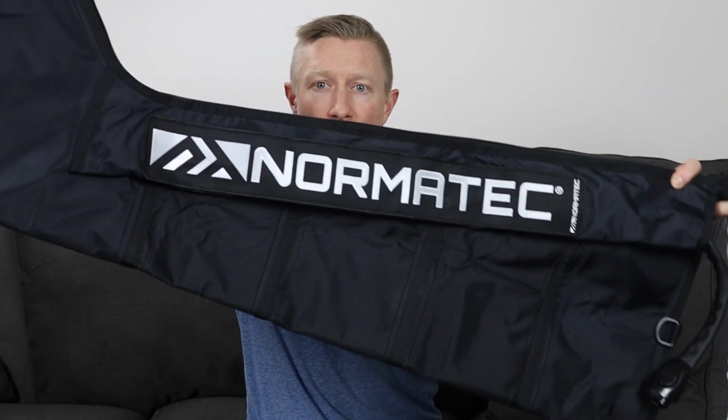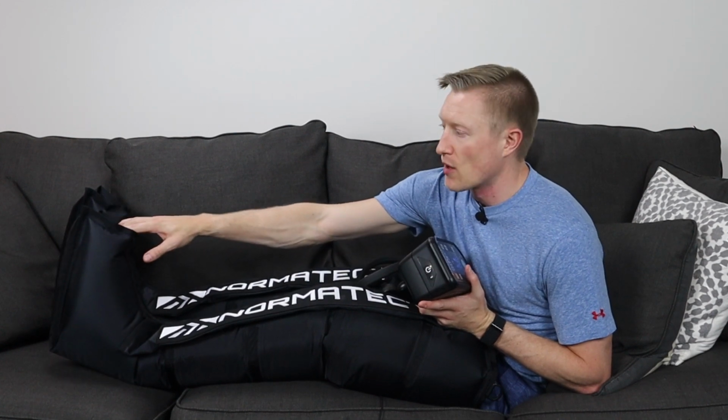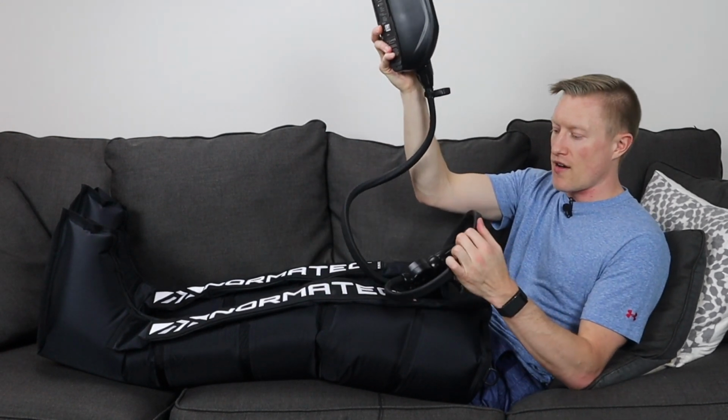So this is what the boot looks like, and this is what the control pump and housing unit looks like. This is what the boots look like when they're inflated. In terms of comfort, they're one of the more comfortable ones. Again, they have the 3-chambered foot, so it's plenty of room for the foot. You're not getting pinched. The material of these seems to be a really premium and durable material. The hoses as well are nice and durable. Based on the 15 categories that we are evaluating them on, it's going to get a Best Massage Tech score